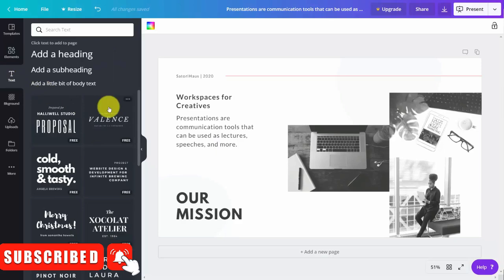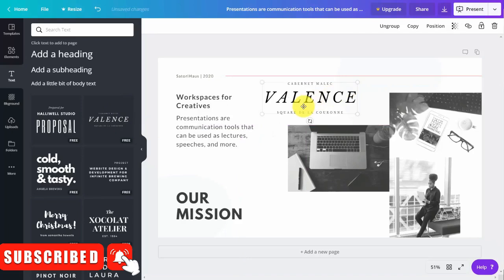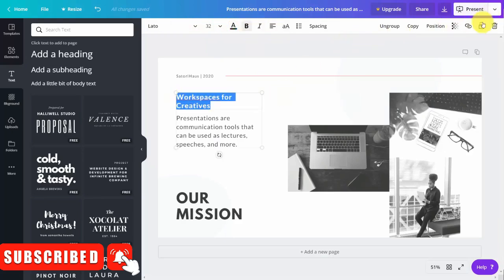What we can do is add text to our background. So for example, we can add in a heading by clicking this element, and you'll see that there's a heading there. We can add in certain text elements, and you'll see the text element appear. We can then position that text element where we want it. Of course, just as we had with the Elements menu, when we click inside of this element, we have a menu that we can change. We can change the font, the size of the font, the color of the font, and even the orientation of the font. We can link to certain elements in this area.